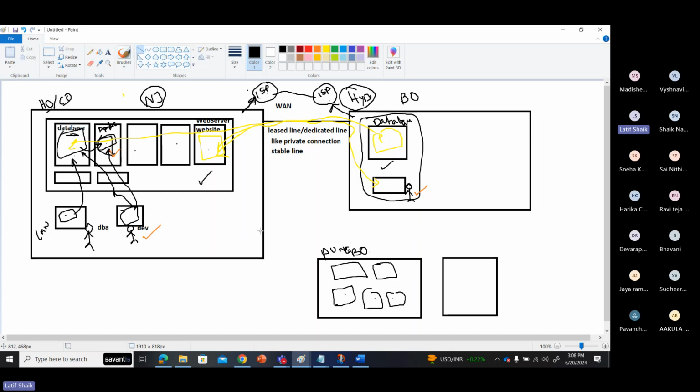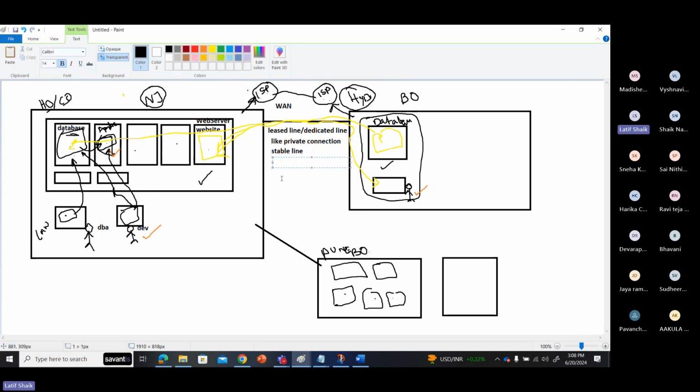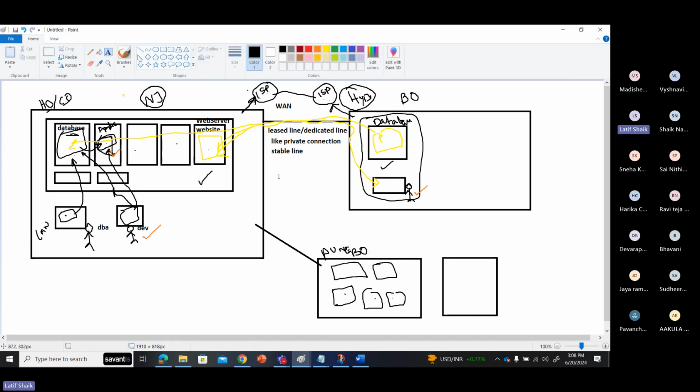They also want to put a leased line from this to this. But leased lines are costly. You have to pay monthly, yearly for the lines. And you have to take a special license for that connectivity, like from the DoT, the Department of Telecom, for WAN connectivity purposes.